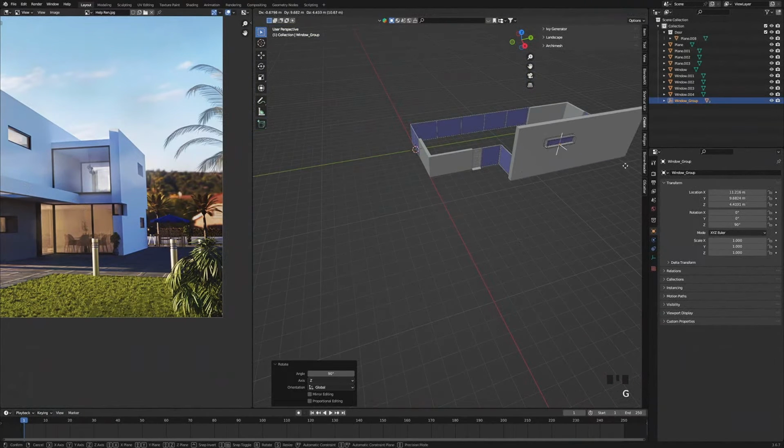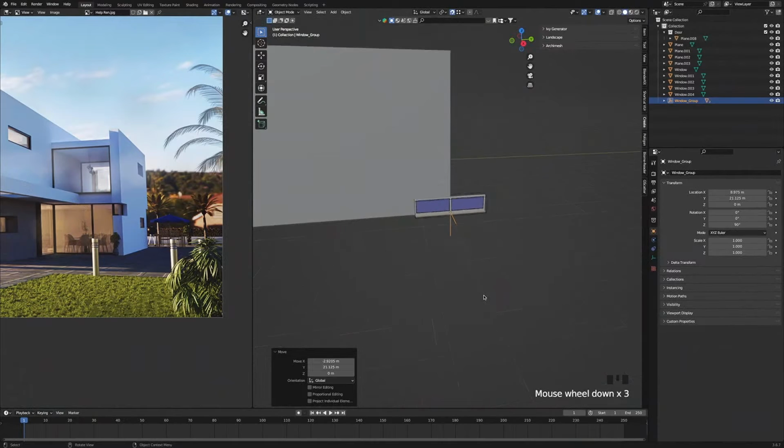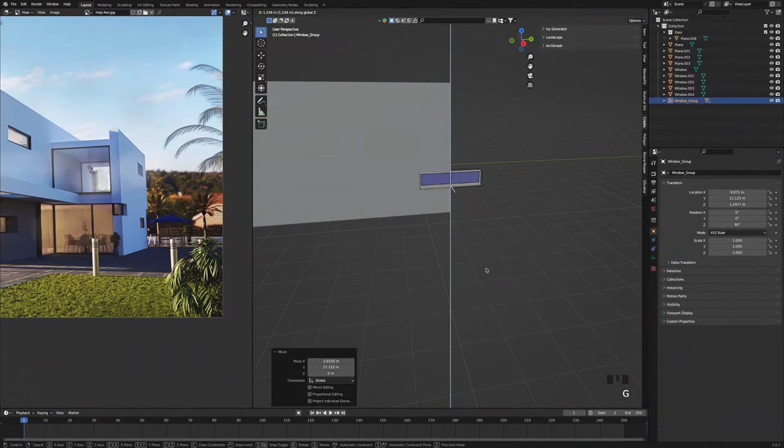I'm going to press G and snap it to the back of the wall. Press the full stop key to zoom in. And I'm going to press G, Z, bring it up. I'm going to change that amount to 1.57. We're going to move it on the Y by minus 3.5, and we're going to put it inside of the wall. So we're going to move it on X, and we're going to make that amount minus 0.3.